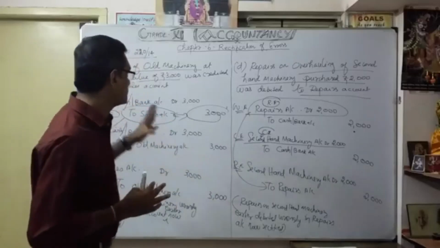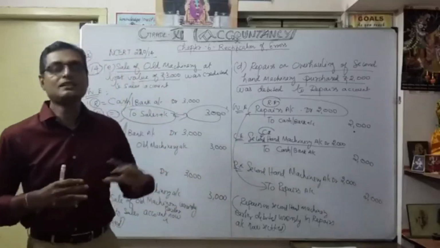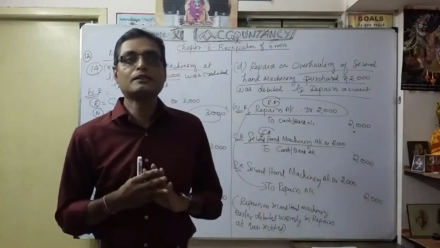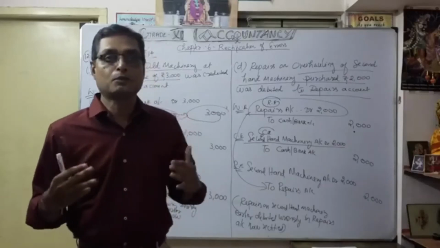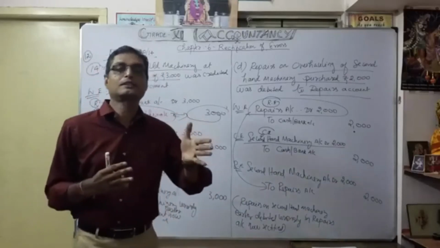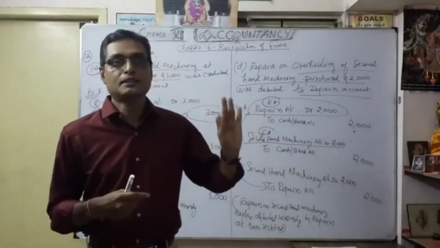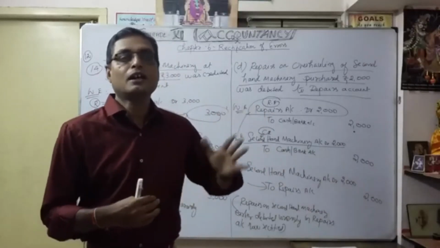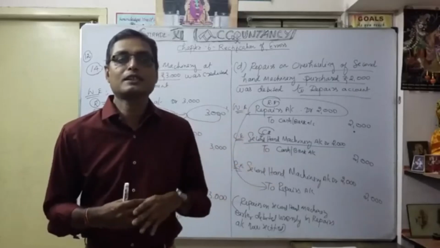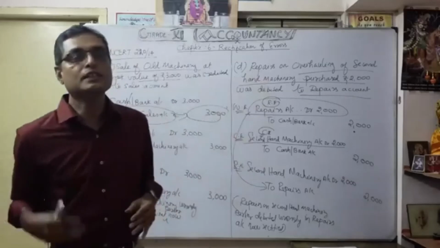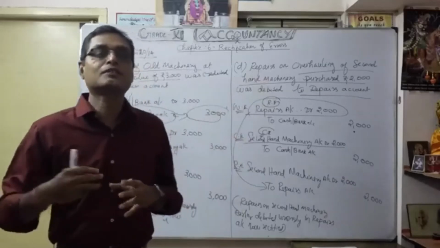Okay. Now you understood about these 5 transactions. These all 5 transactions come under what type of error? Everything comes under error of principle. Okay. Now you understood how to identify the error. Then wherever you have to pass the wrong entry, correct entry, rectification entry. Even for one-sided errors, you always have to make a suspense account, as in our previous exercise. We learned how to open a suspense account. Likewise, we discussed further exercises, which are very, very important.